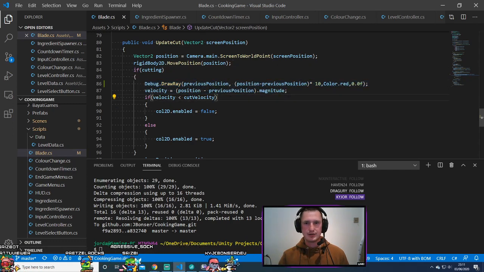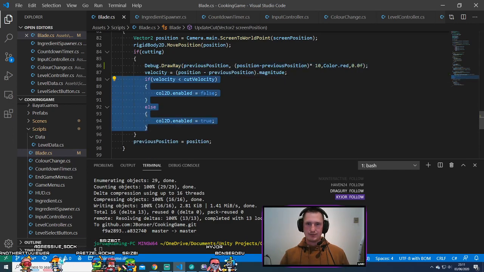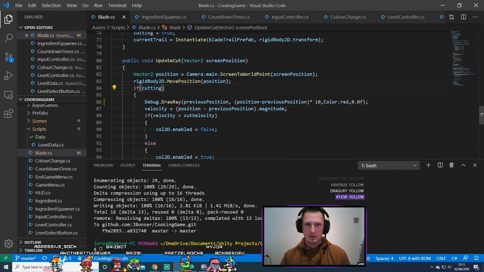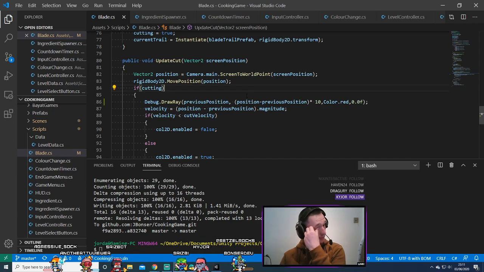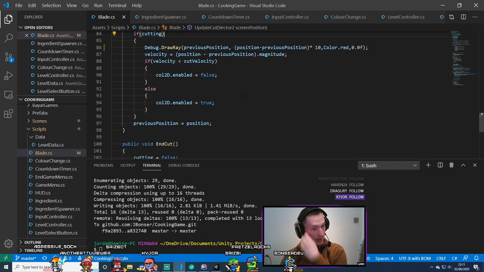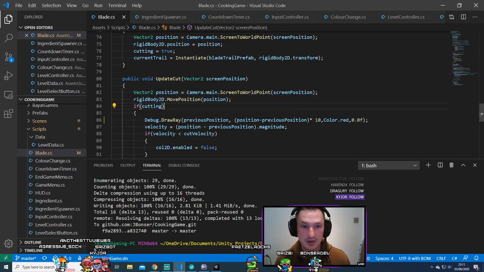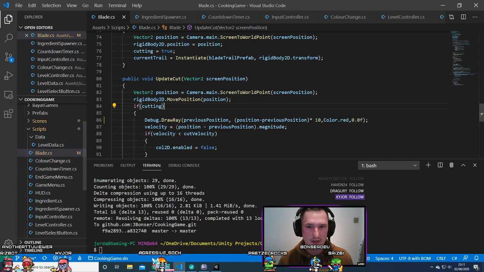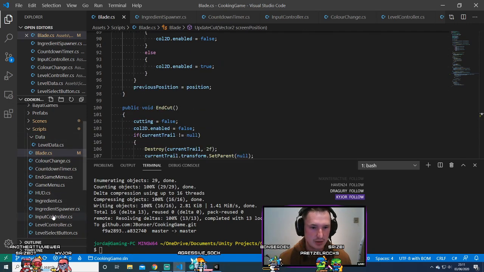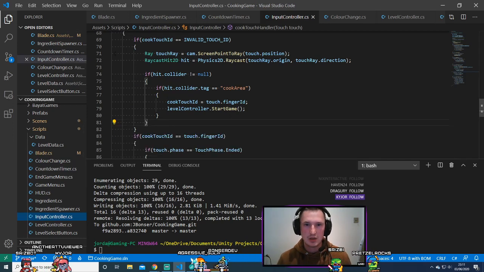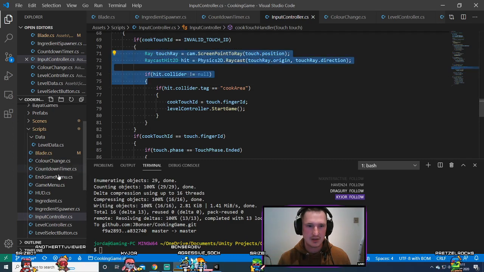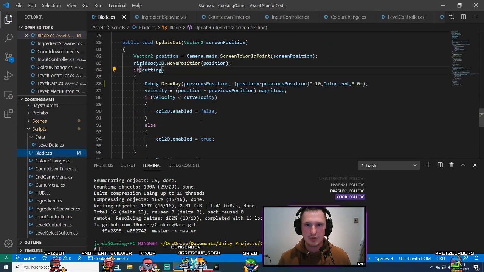So we've got the ray. We've actually got a ray here. So let's see if we can fix this. Forget about that for now. So what are we in here? Update cut, which is called from fixed update, I think. And then we want to do collision detection based on this. So if we have a look at our, where was the class that did this already with the rays? The touch input and the input controller. So if we take all this, in fact just take this piece, blade, update cut,